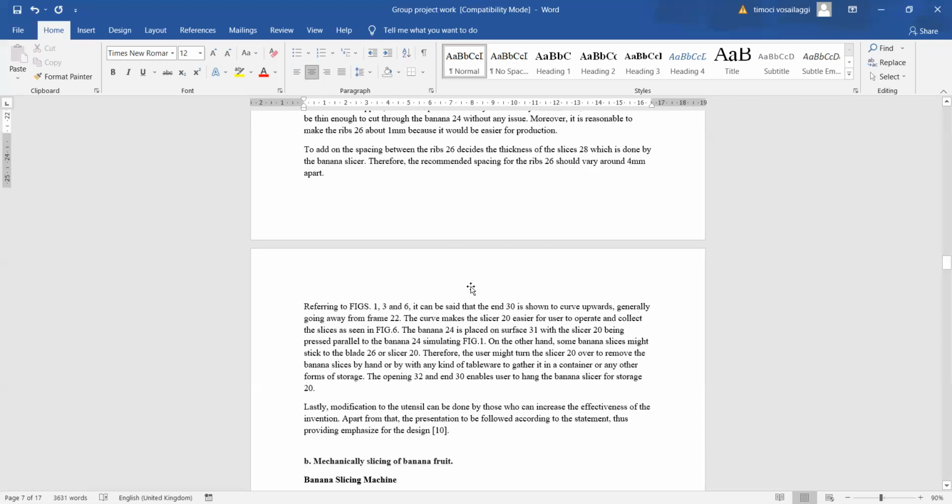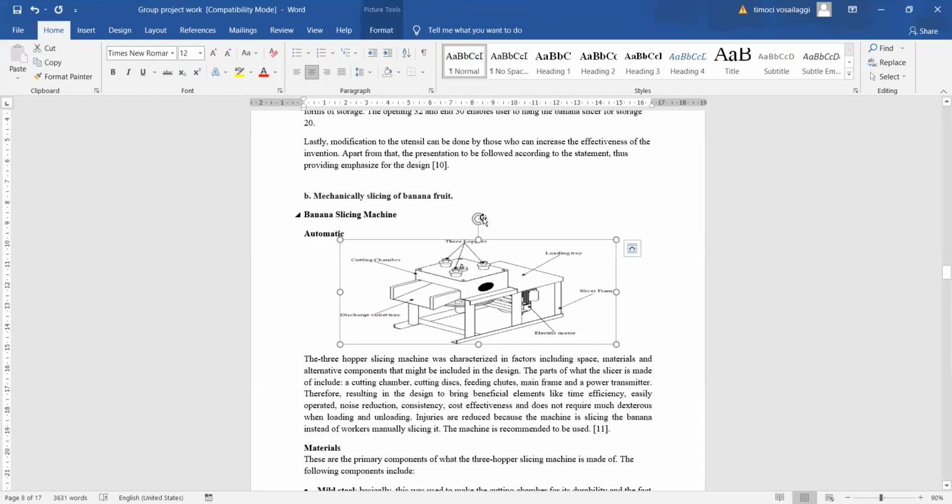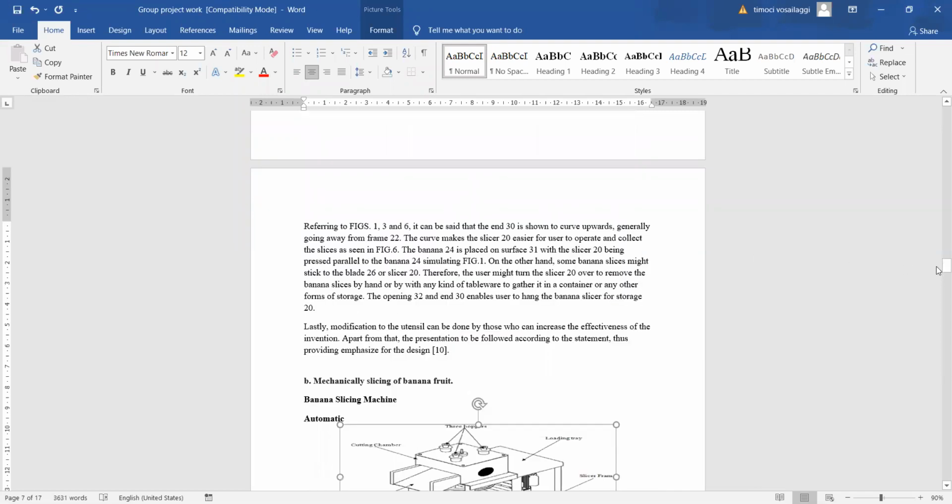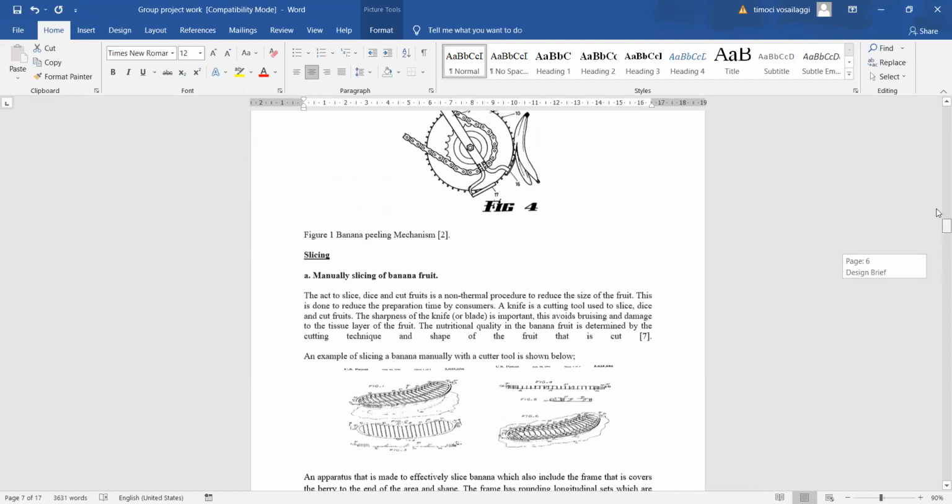Okay, another figure number, but are these examples of things that already exist? Examples of designs that already exist? Sean? Pardon, sir? Is this an example of a design that already exists? Yes, sir. Okay, so these guys have really done a good job because they've broken down the whole process of